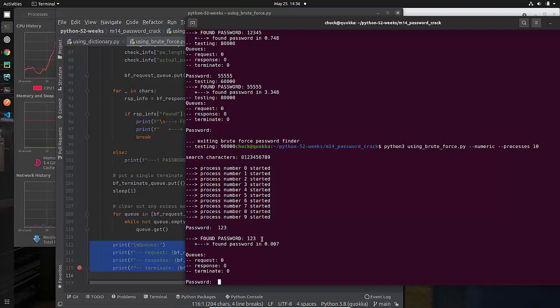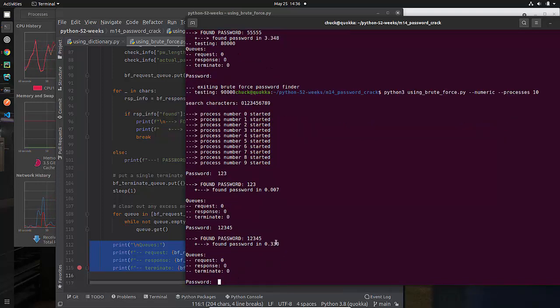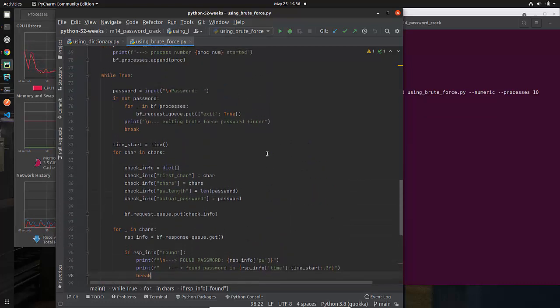Now, if I pass in a password that is 1, 2, 3, 4, 5, then as it goes through this, it takes a while to find it. And once again, I need to get rid of these. When I was working on this, I put in print statements to help me find it. Just a tip for you guys to be aware of.